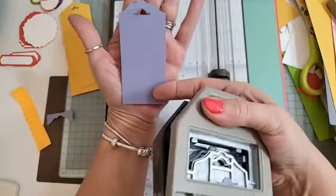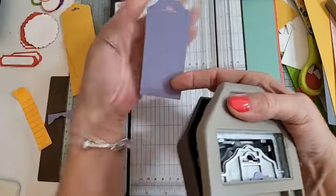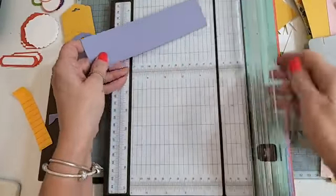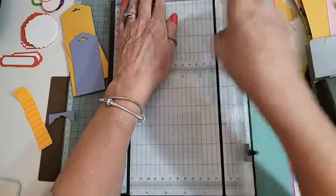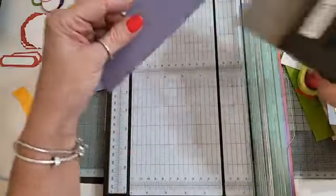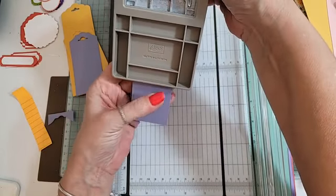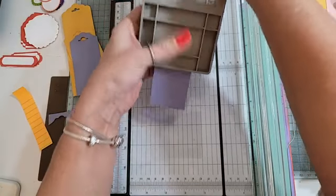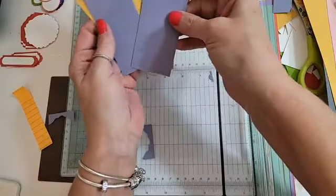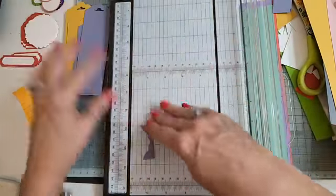Now look, that's absolutely fine. So if you've got even skinnier strips, choose your tag topper, and then you can do under the 2 inches. So we'll do this 1 by 6 because we're going to do a bookmark size. And actually a bookmark and a tag is a nice gift as well. And you can have these already made up, ready to be decorated. There you go. So again, another great thing and a great way to get that cardstock out of your...